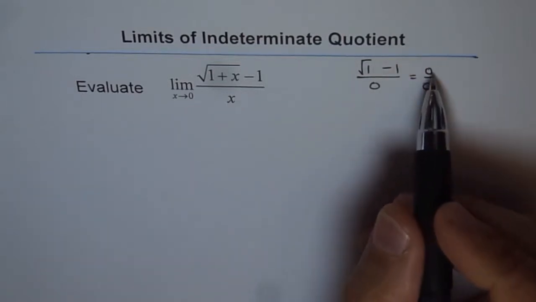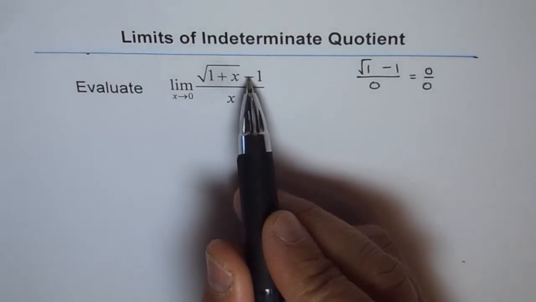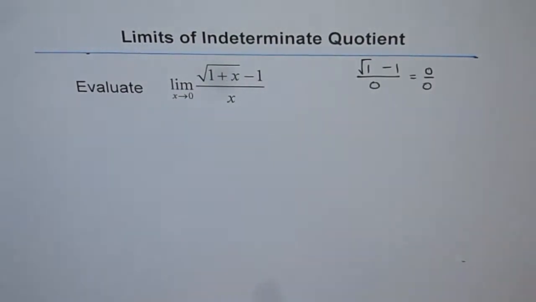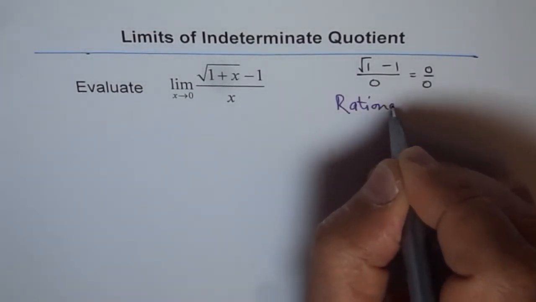Now, since x is a factor in the denominator, x has to be a factor in the numerator also, right? Therefore we got this 0. Now we'll adopt the same technique, the rationalization technique which you learned in the last example, to solve this problem, right? So let me write rationalization